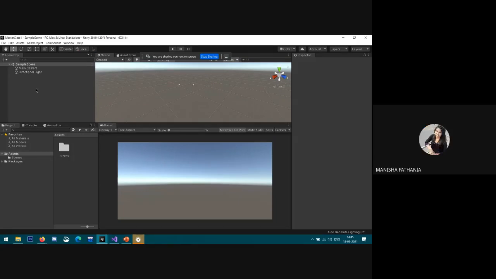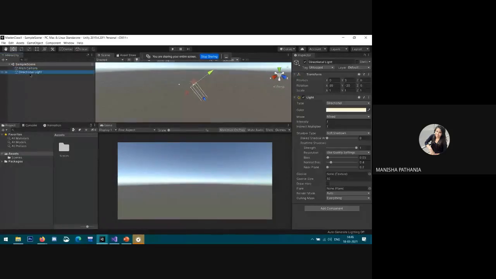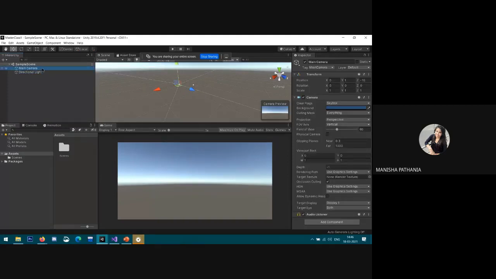Yes, sir. Okay. So first of all, if I want to create any kind of 3D game, I need to go to the hierarchy window. Here is the hierarchy panel. This displays all the different game objects that we have in our scene. Right now we have only the main camera and the directional light. When I click on any object, for example the main camera, the inspector will display properties for it. You can see the properties of the main camera in the inspector panel.